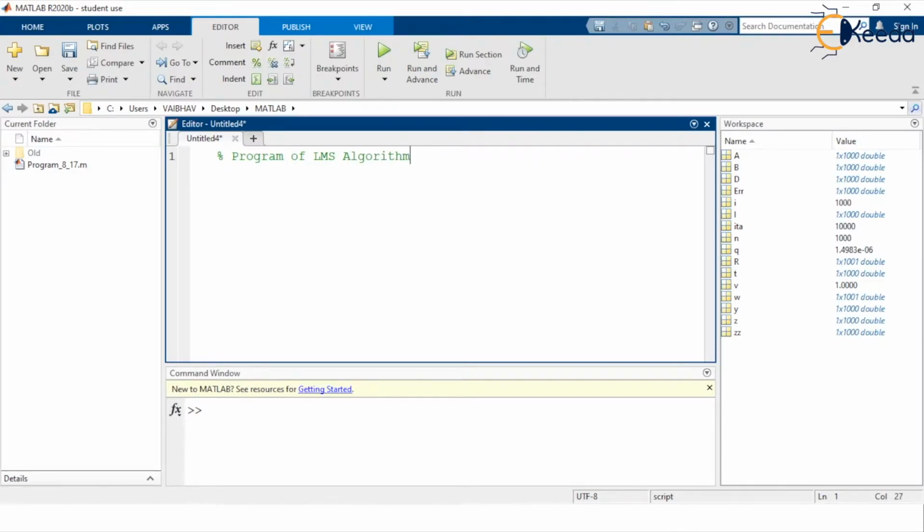The details of the LMS algorithm we have already seen in the previous video, the steps to follow. First of all, for fresh execution of the program, we would like to get the command window with a clear screen, clearing the variables of the previous programming that you see in the workspace, and closing the unnecessary MATLAB windows. Now to proceed with the programming of the LMS algorithm, we require first of all the desired signal.